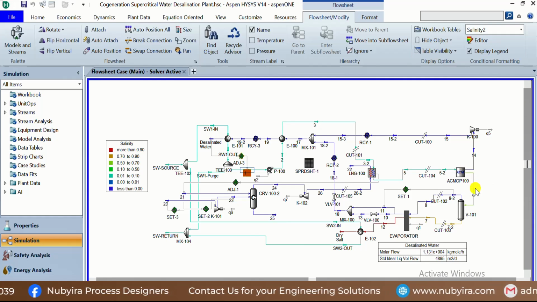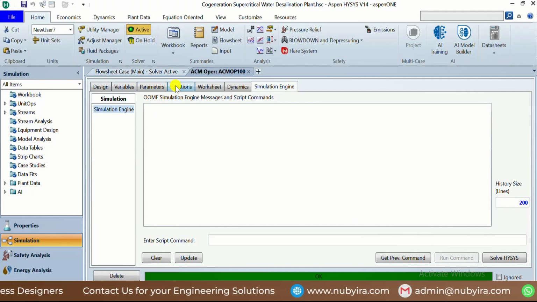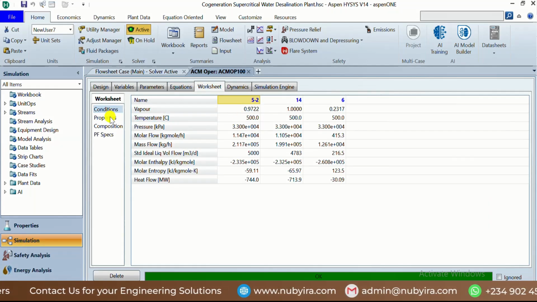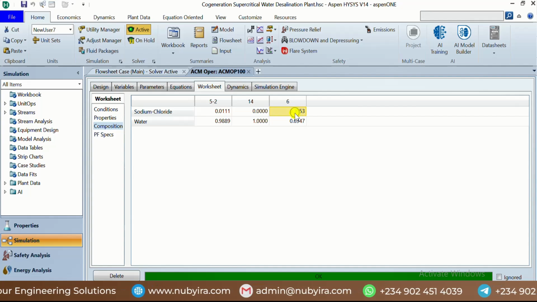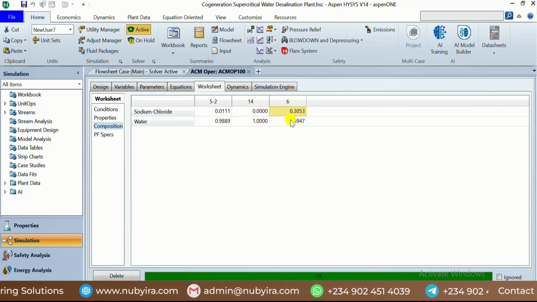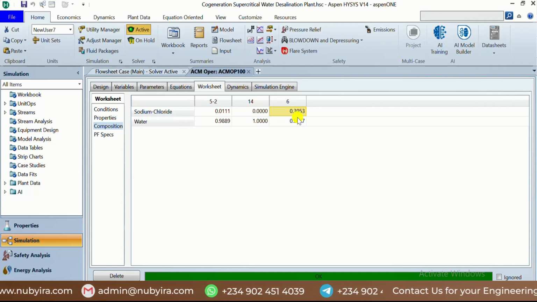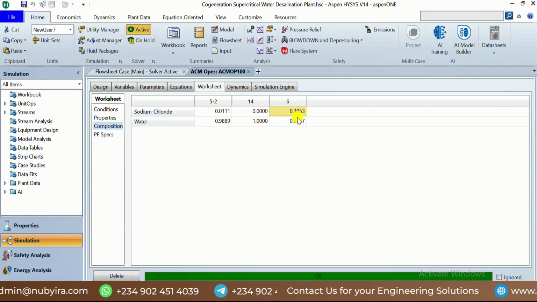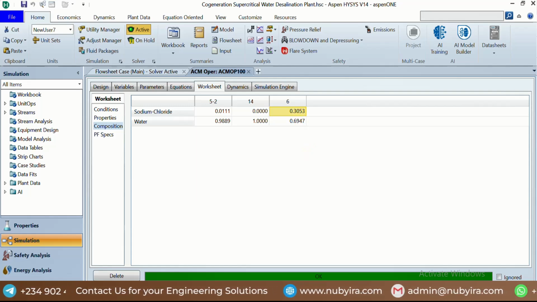Then you have a highly concentrated brine. If you want to see the brine, at this condition you see the mole fraction of the brine is given to be 0.69 and 0.3. This is a highly concentrated brine. There is no desalination process that will give this kind of highly concentrated brine. One of the advantages of using this supercritical water is to produce dry salts. We want to produce dry salts, and we use a zero liquid discharge process,